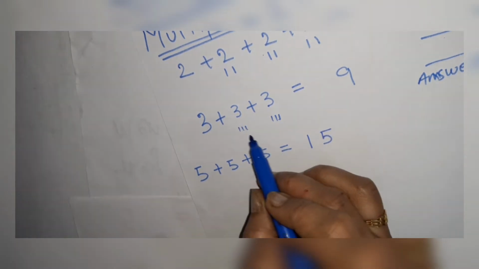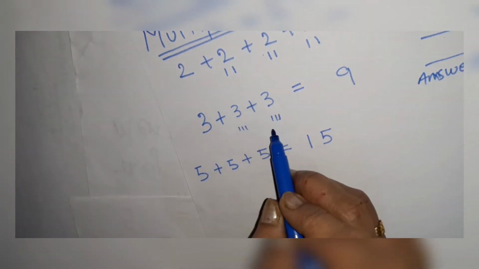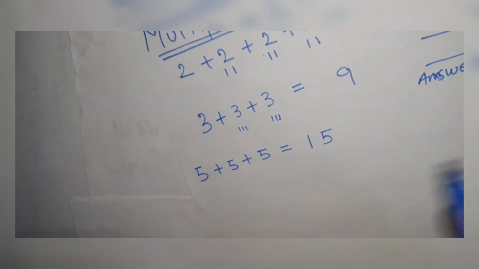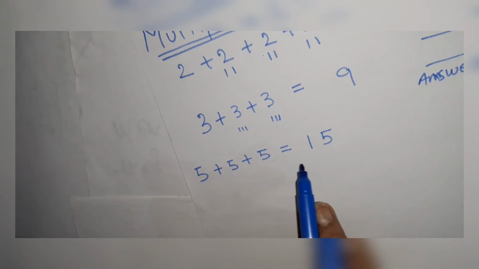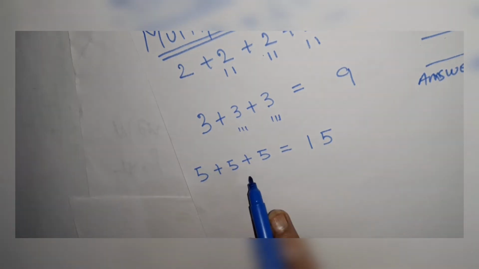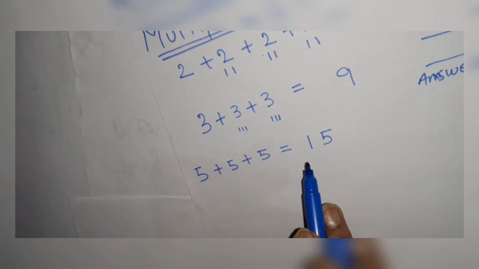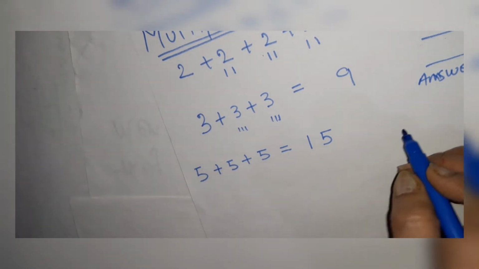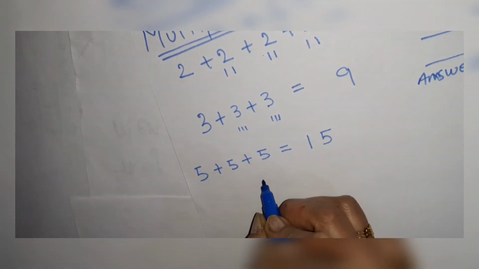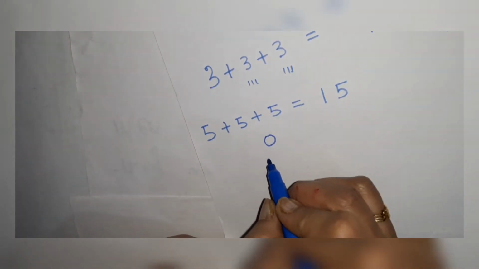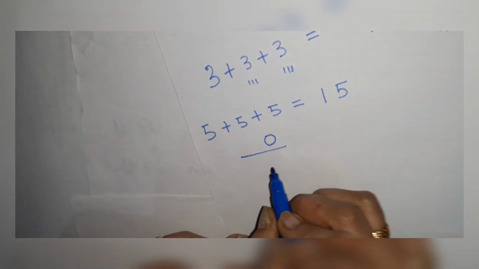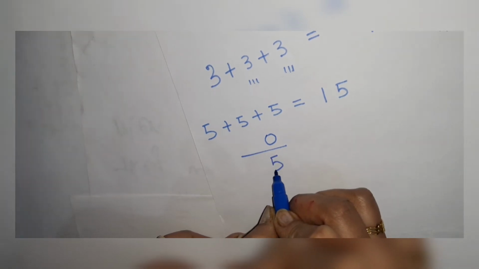This time I am not writing the 1, 1, 1 lines, I wrote them before just to show. Because now you are going to do multiplication, you have definitely learned the additions properly. So now you can do the additions directly like this. 3, 5 together makes 15. So I write here O, which means the ones place, that is the unit. This is 5, so I write 5 here.